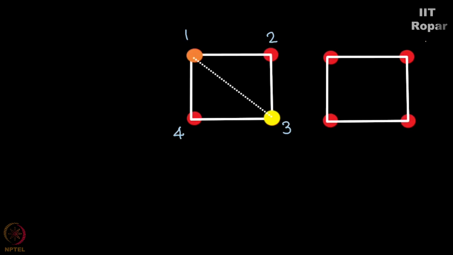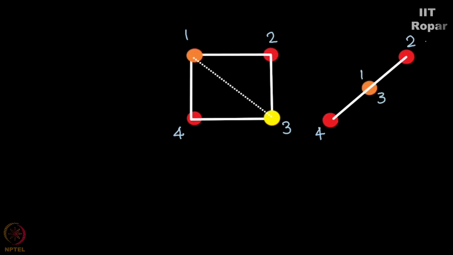Case 1 is the number of classes I have taken with you in my class, right? Similarly, case 1 is the number of possibilities where these two nodes are of different colors. That is case 1. Case 2 would be the number of possibilities with these two having the same color, with you not being in the class. Correct? So what is that? You put 1, 2, 3 and 4 vertices, join 1, 2, 3 and 4, and finally 1 and 3 should be identified as the same vertex. Only then you are forced to put the same color. Think. This is the place where you might get confused. 1 and 3 should be of the same color.